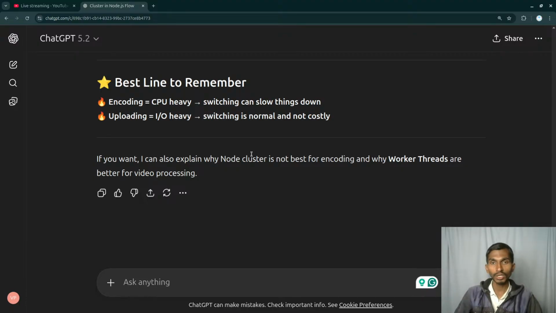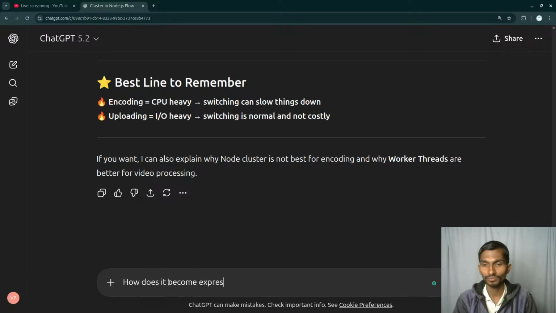So when you actually switch the context, that simply means you are using another core, and that core will have to handle that much load. That simply means it becomes expensive. Let's ask about this thing as well. How does it become expensive